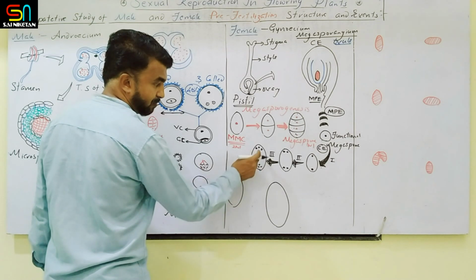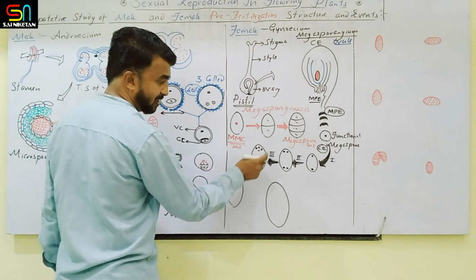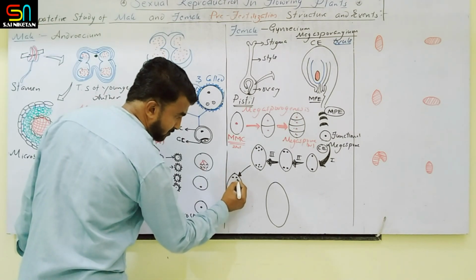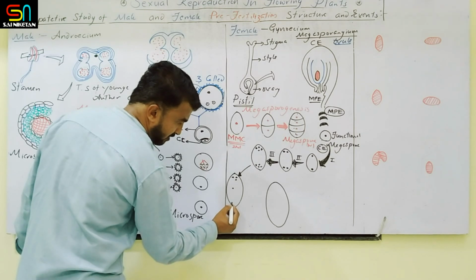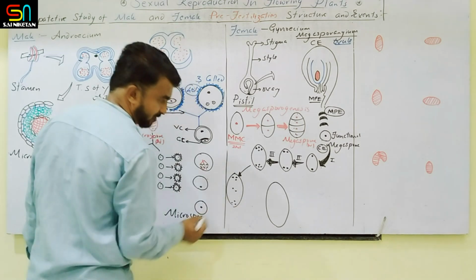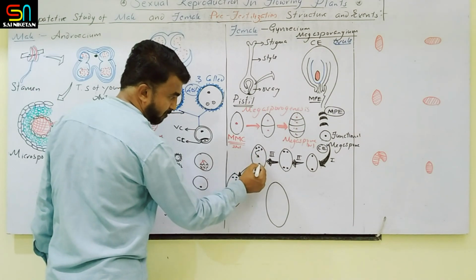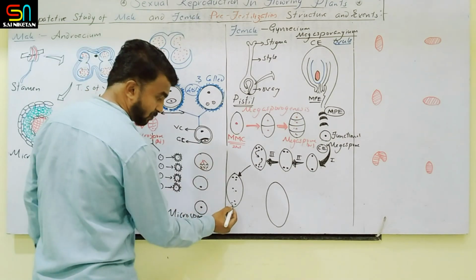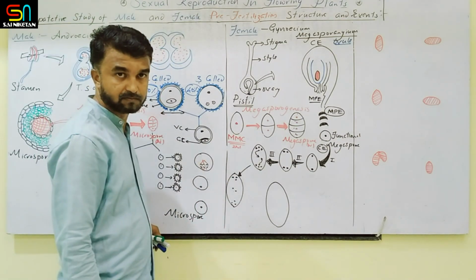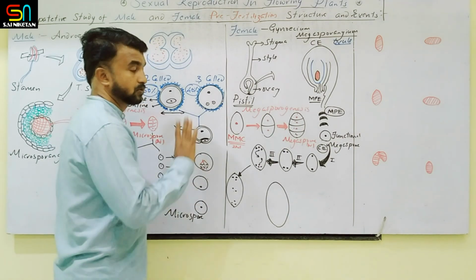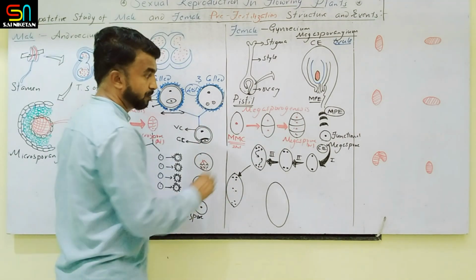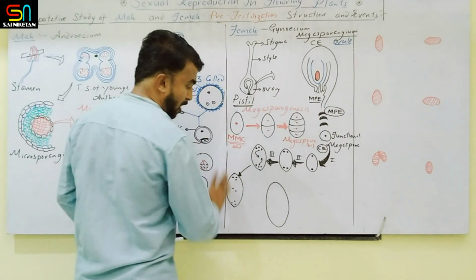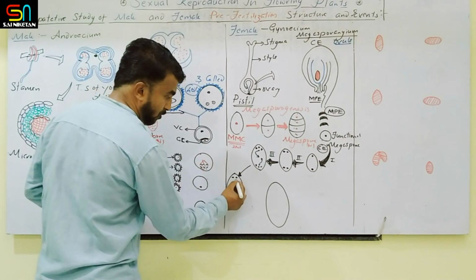Now out of these 4 nuclei toward the chalazal end and toward the micropylar end, 1 nucleus migrates toward the center and 3 nuclei remain toward one pole, and this is a migrated nucleus. So 1 nucleus migrates to this side and 1 nucleus migrates to this side. So reorganization of nuclei takes place. After this only cell wall is laid down. Yes. Now just observe properly how many mitotic and how many meiotic divisions are required to produce the embryo sac. Now after reorganization of these nuclei, cell wall is laid down.